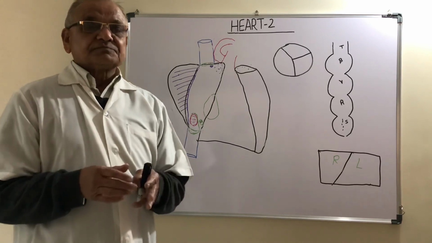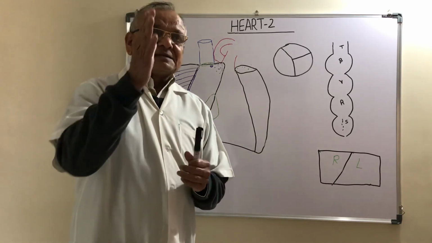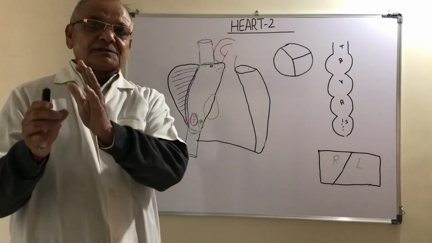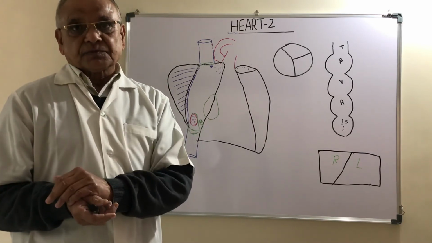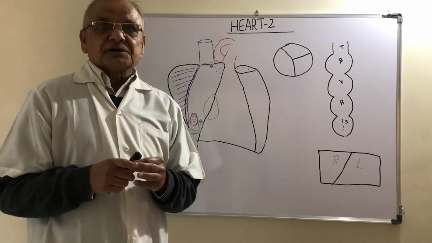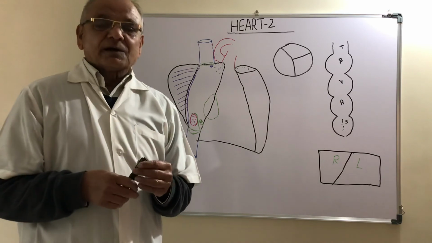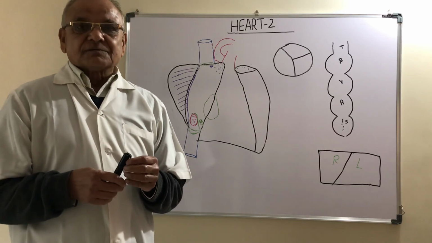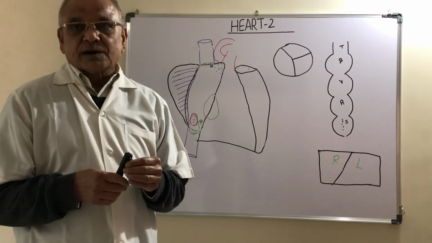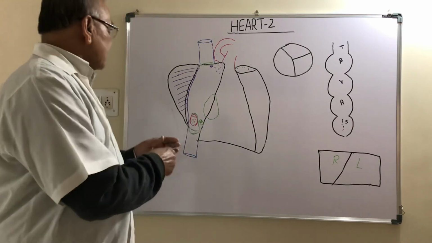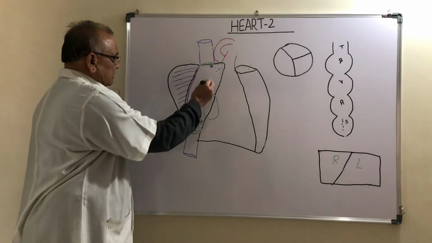It means that on the right side of the heart the blood supply is more, and on the left side the blood supply is comparatively less. So myocardial infarction is more common on the left side in comparison to the right side. And these minor openings are scattered throughout the right atrium.